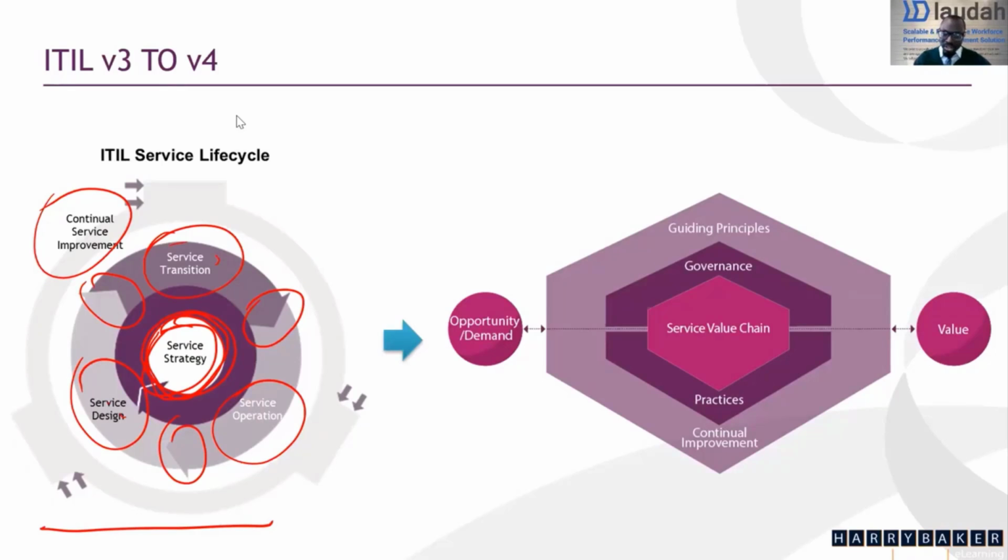One of the things that you're going to see here is the fact that you're not going to see many arrows. So in version 4, we've got the principles, we've got the governance, the service value chain, practices, and continual improvement, but without arrows between them, right? Without any arrow. The only place where we have arrows are just those, outside of the entire system itself. And I'm going to talk about those as we go into